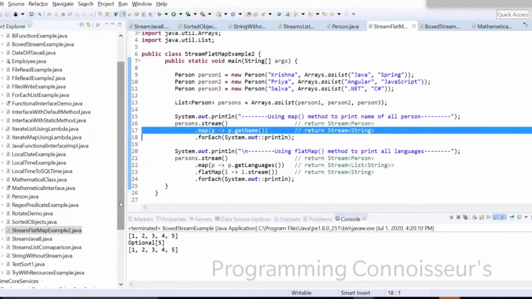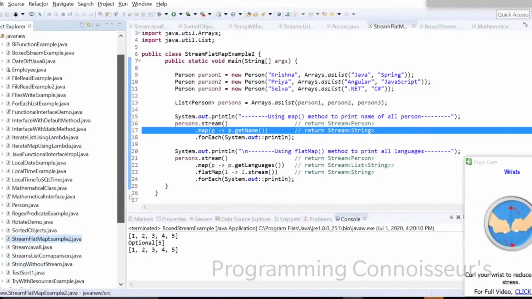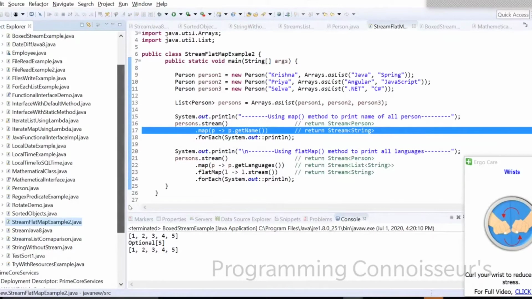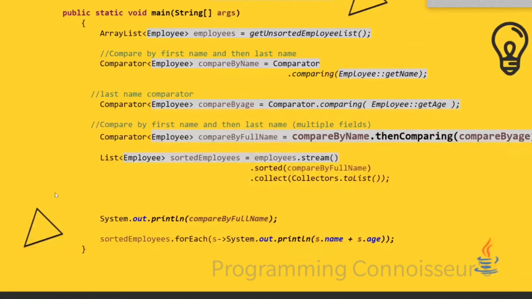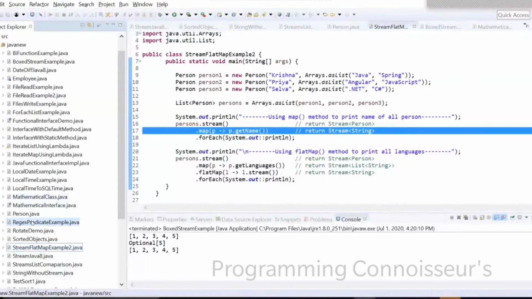Comparator. Where is that example here? What is the class? I didn't think the class name here.